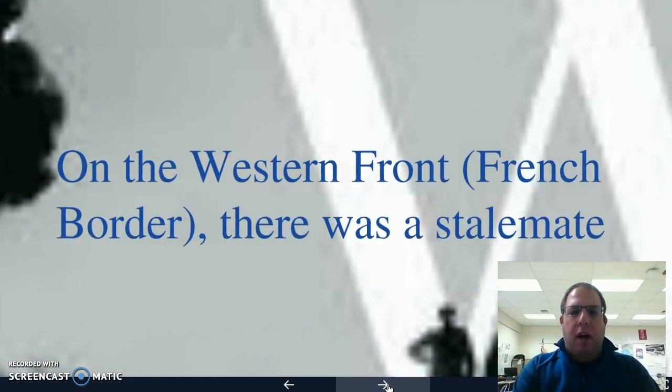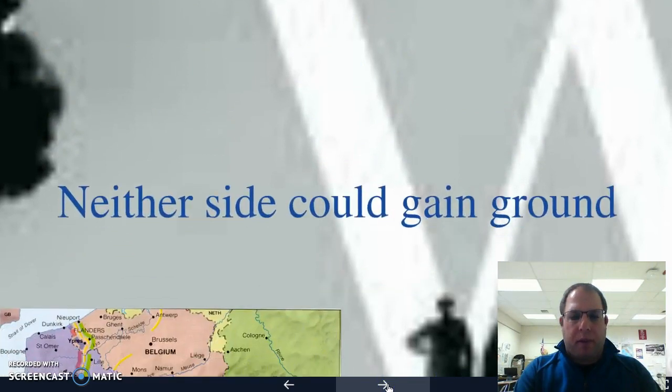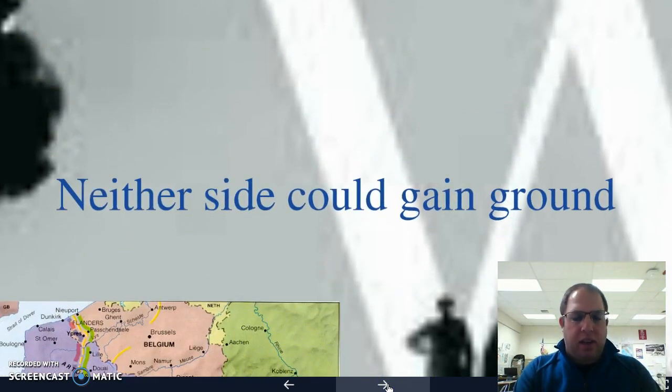All right. So on the Western Front, of course, underestimating the French, there's going to be a stalemate. The French border between France, Belgium, and Germany, they're going to run into a stalemate. This is going to be a major area of conflict throughout the entire war. And in this case, neither side really does gain ground. They're going to lose thousands and thousands and thousands of men at a time and never really gain any land. And it comes to a constant type of warfare.